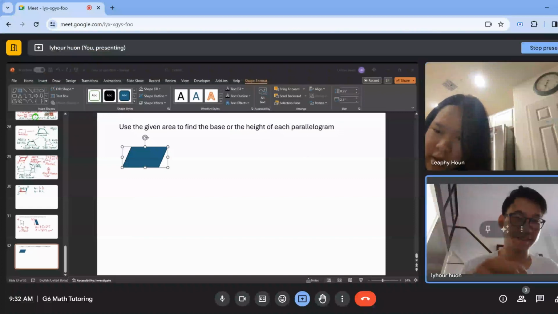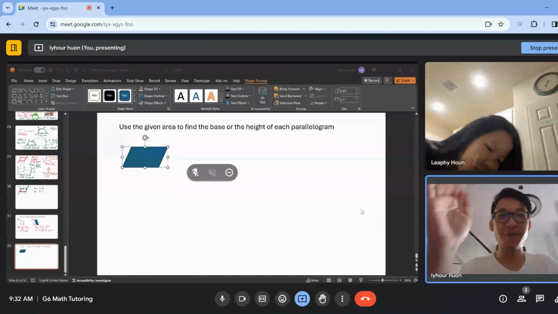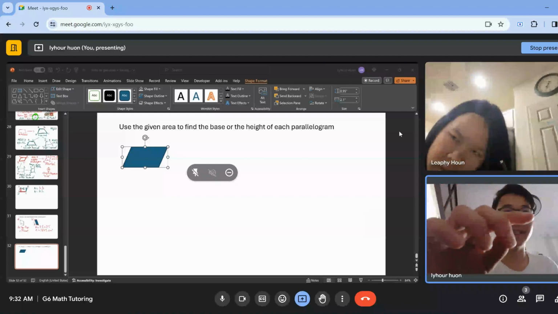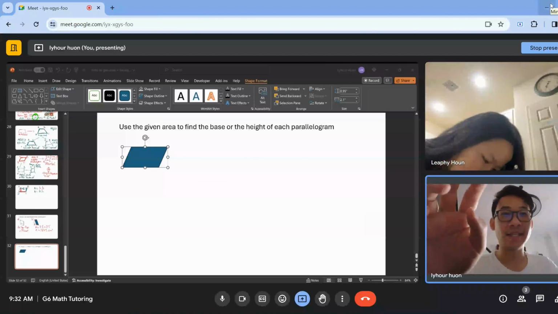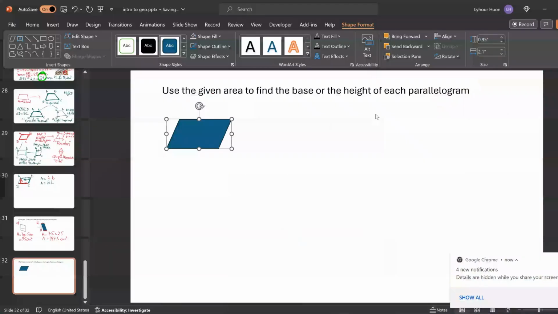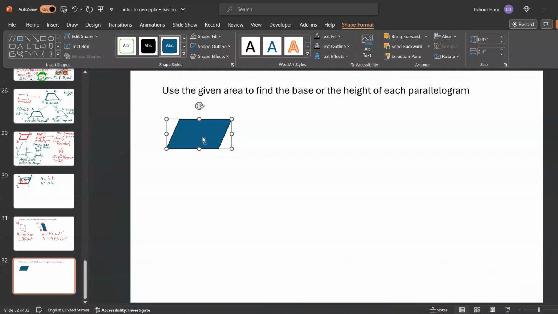Okay, that's what I heard. My view is only on the PowerPoint slide, so I need to come back to see. Yeah. Okay, this one and next, let's say here, not the shape, but it looks like